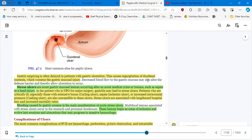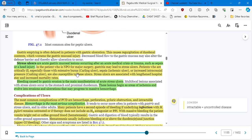This causes regurgitation of duodenal contents, which worsens the gastric mucosal injury, as we just described. Stress ulcers are acute gastric mucosal lesions occurring after an acute medical crisis or trauma, such as sepsis or a head injury. In the patient who is NPO, nothing peroral, for major surgery, gastritis may lead to stress ulcers. Patients who are critically ill, especially those with extensive burns, sepsis, or increased intracranial pressure, are also susceptible to these ulcers, stress ulcers. Stress ulcers are associated with lengthened hospital stay and increased mortality rates because of their relation with this different type of